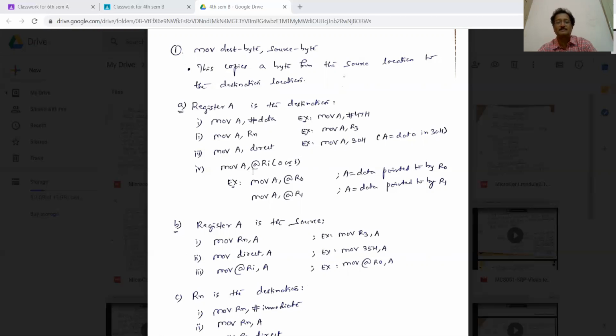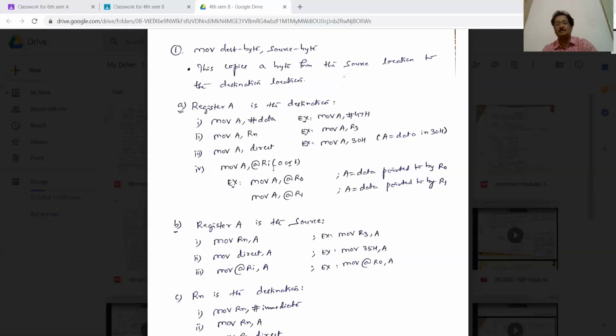And the next one is indirect, like MOV A, @Ri. Ri means R0 or R1. Only R0 and R1 are used here for the indirect addressing mode. The other registers cannot be used. It's a condition in 8051 programming.